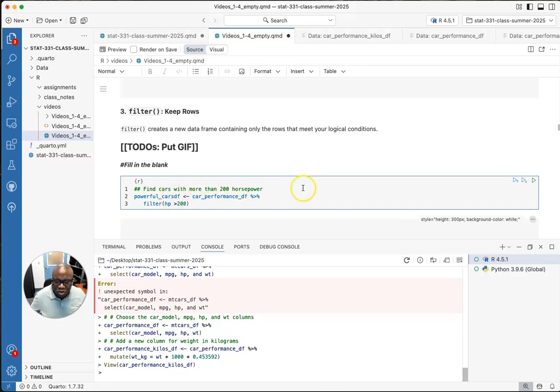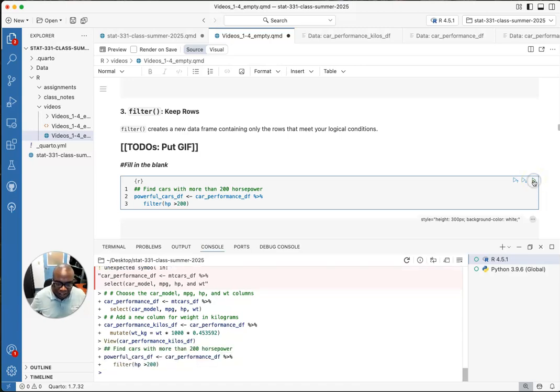So these are powerful cars. Horsepower, yeah, that makes sense. Anything above 150, or above a certain number, could be seen as a powerful car. Okay, boom. And then if I do view